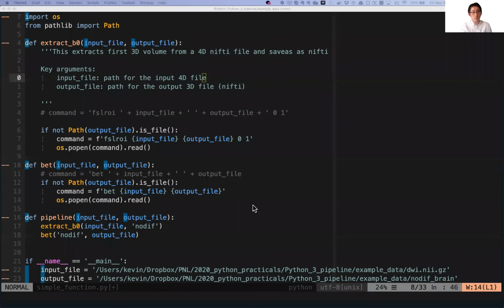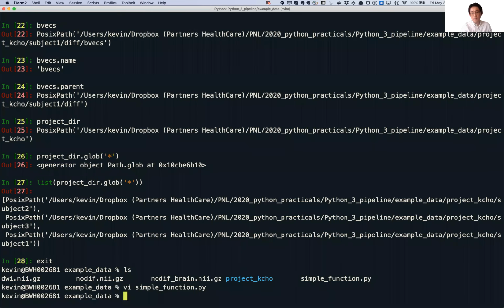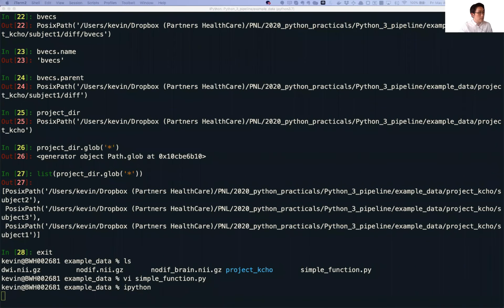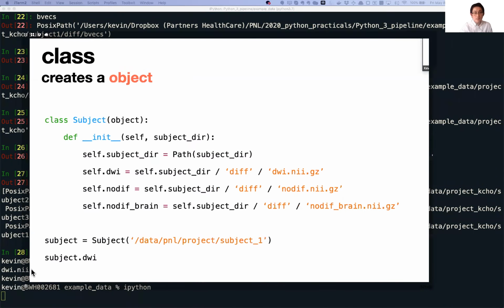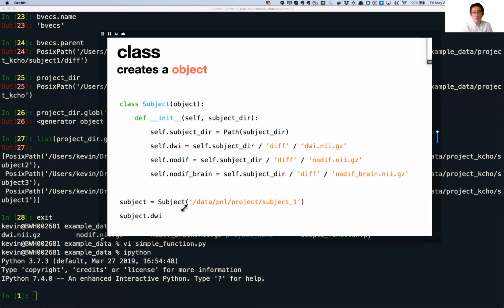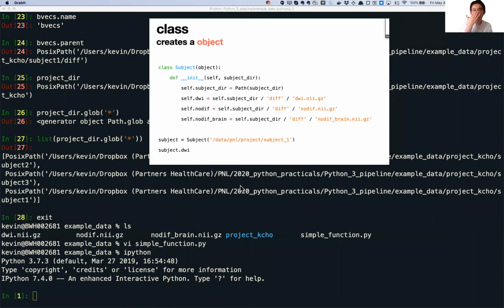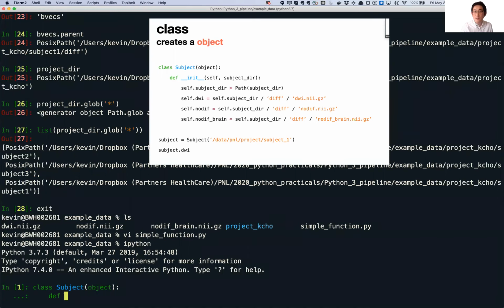Okay, so get out of this, or save and get out. Let's go back to IPython. Let's create this class. So it's not a definition anymore, it's a class. So you are making a tool for creating another object. That's called a class. And I want to create a class called subject. And that's just what you have to memorize, just put object there. And definition,